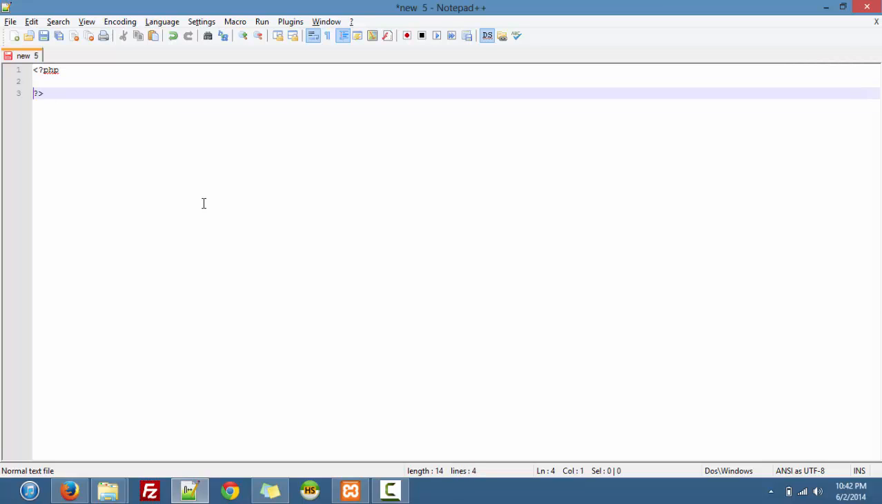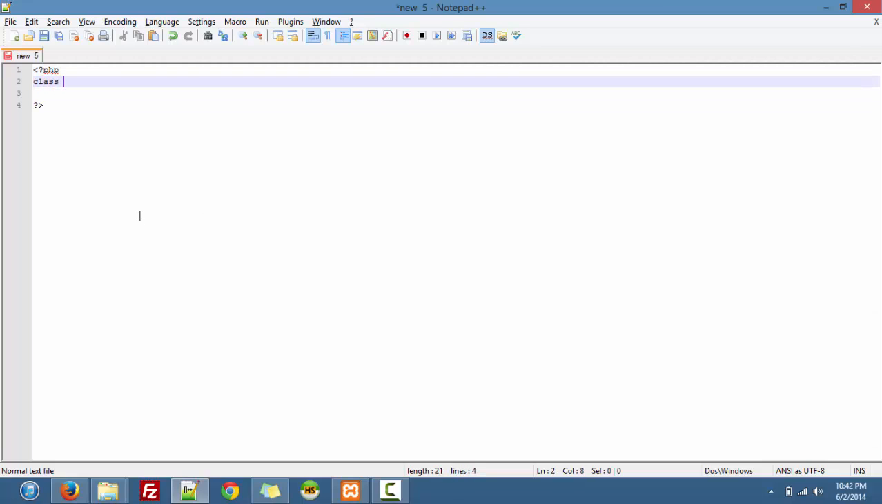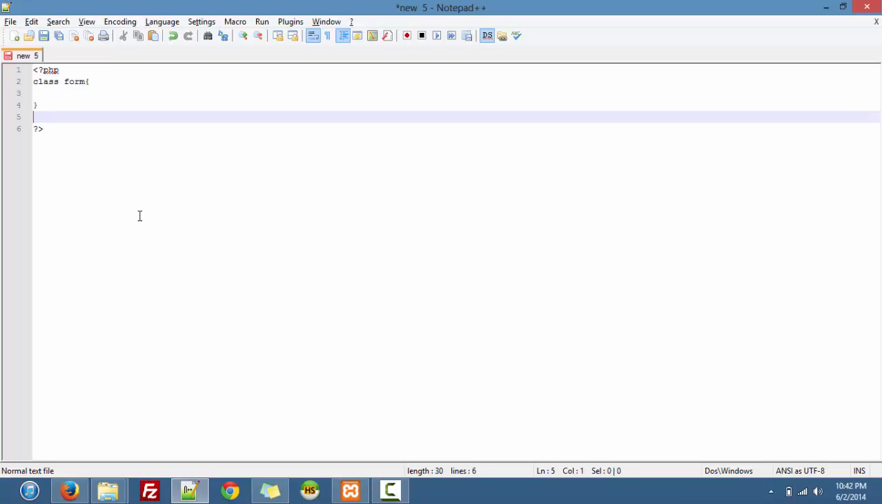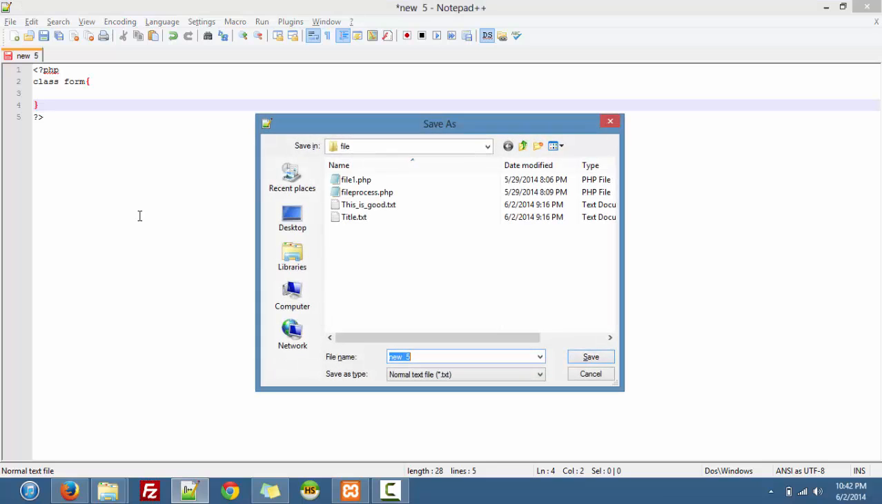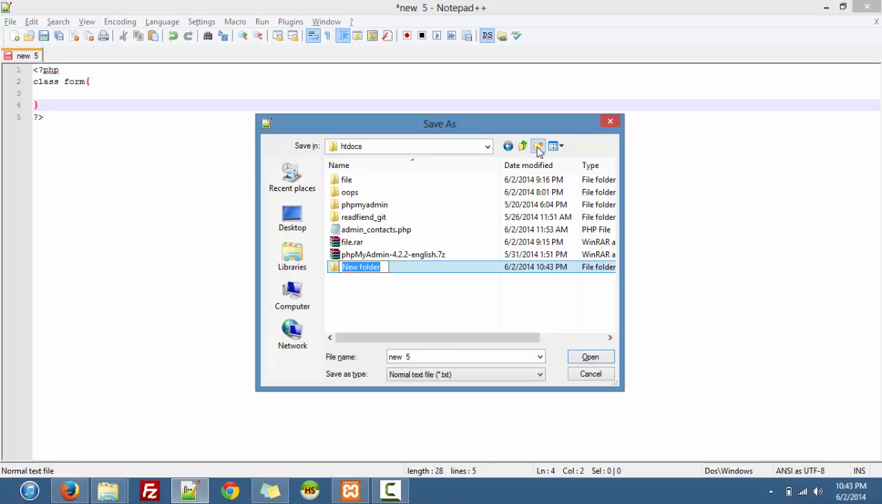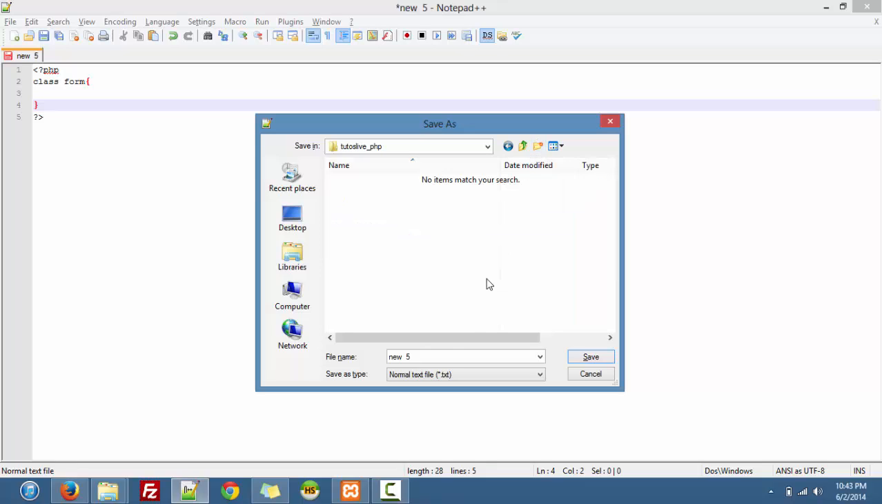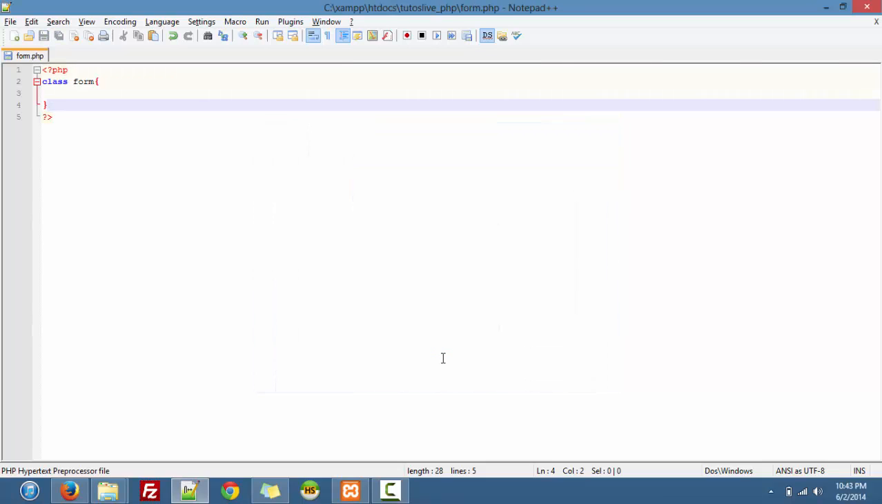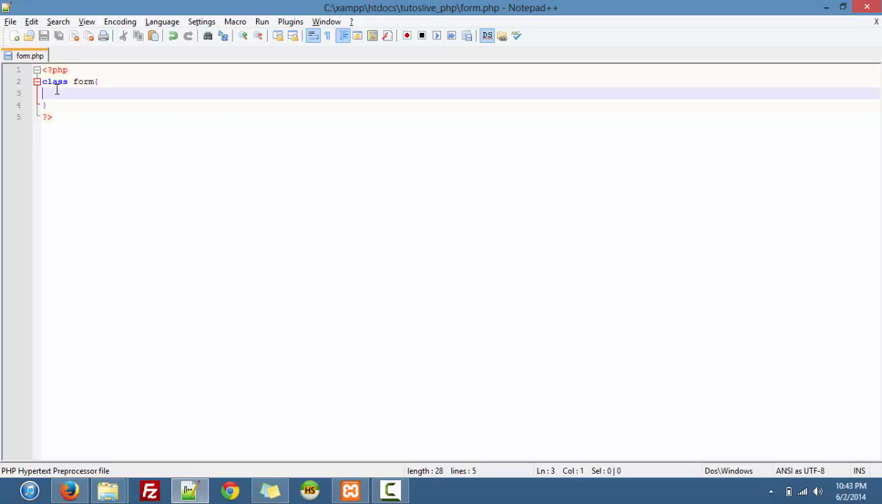PHP class, I'll call the class Form. Always remember to name your files with the names of classes. So here Tutoslive_PHP, and this is form.php. Always name your files as the class name. So that's it. So here public